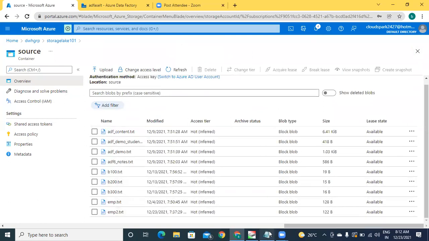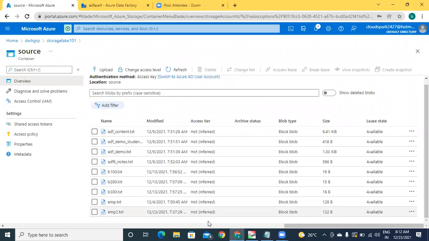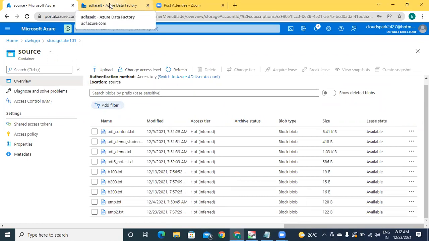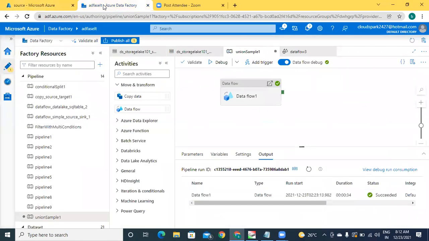But in the combining, what we are going to do is, you just observe. I'm going to ADF Studio. First, we need data sets for these two things. I have data sets already created. Please check in ADF about the data sets.